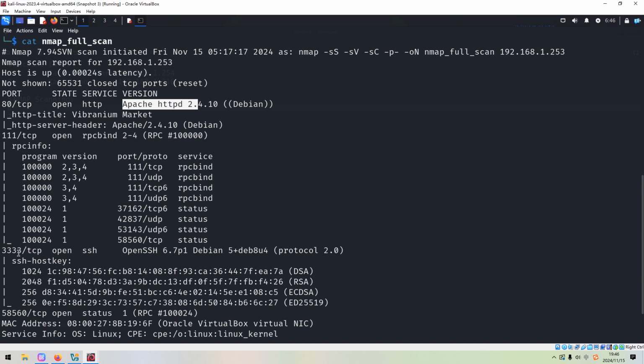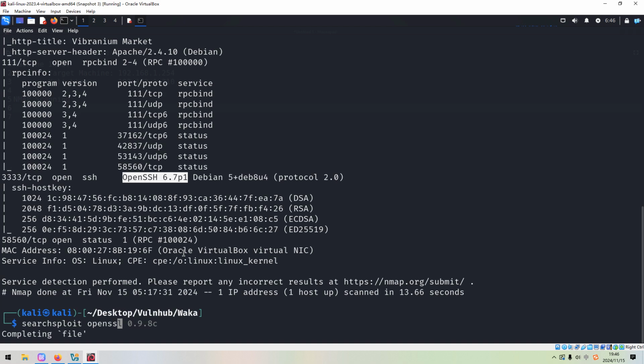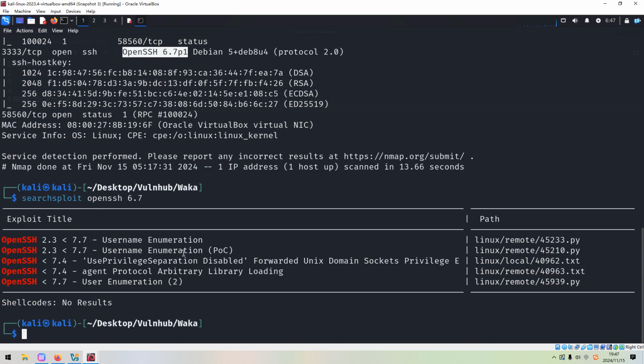And the 333 is running SSH service and also the version information. Although this version is a bit old, we can use such a point to check whether we can find some vulnerability for this particular version. Although there are some exploits, they belong to username enumeration, which is not what I want at this point.